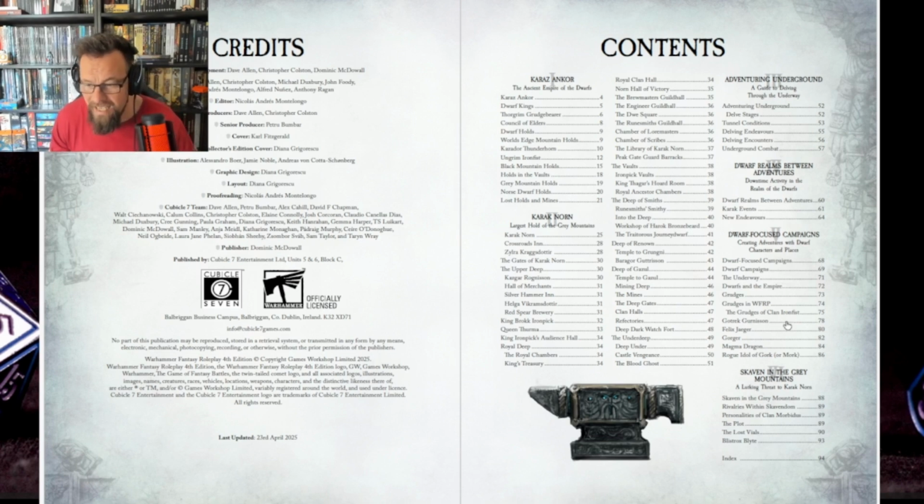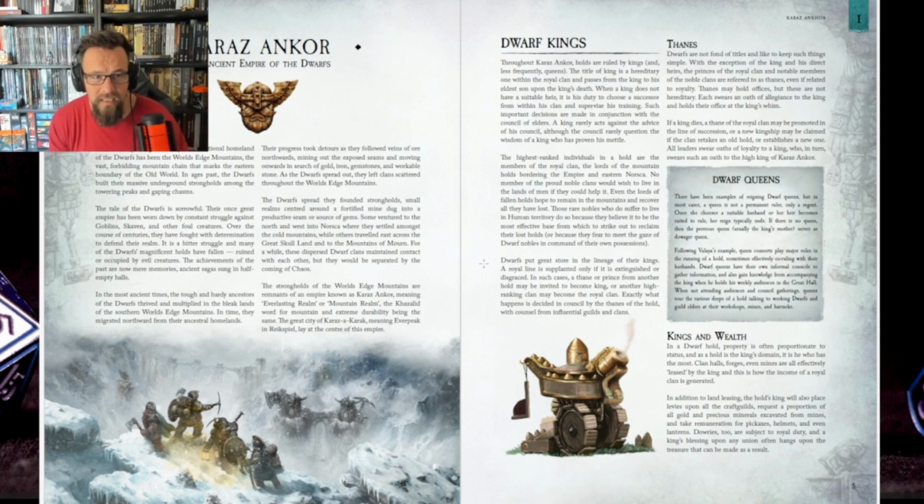and then mini campaign ideas, as well as, I'd say, a pretty much complete adventure right at the back of the book. First chapter, Karaz-a-Karak, this just details a little bit of the history